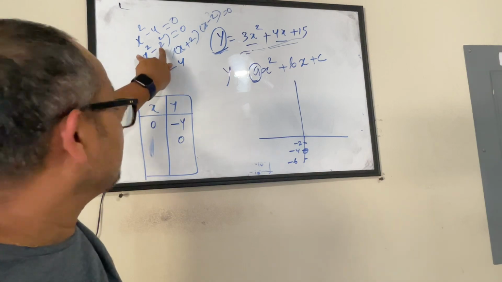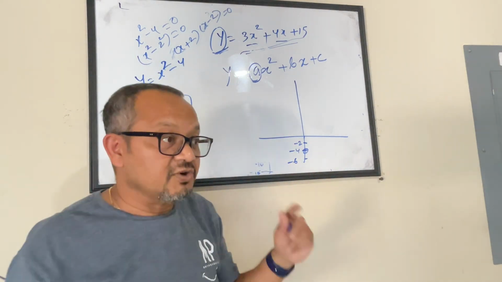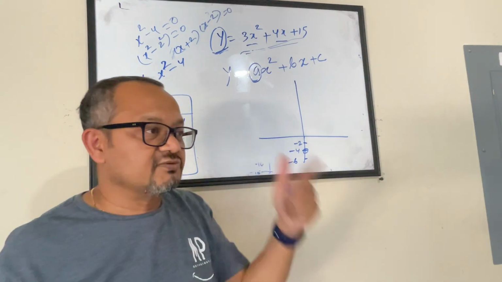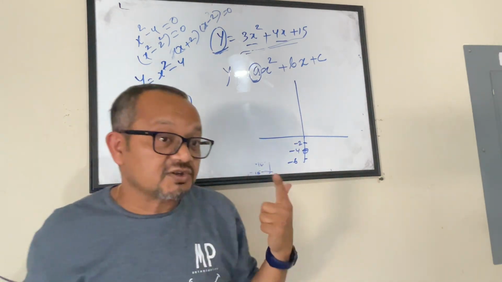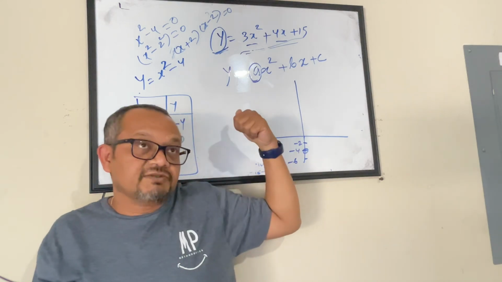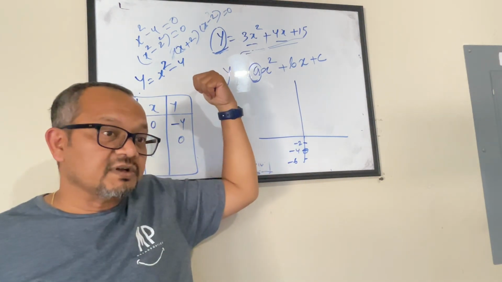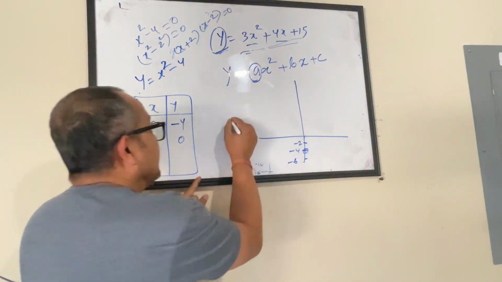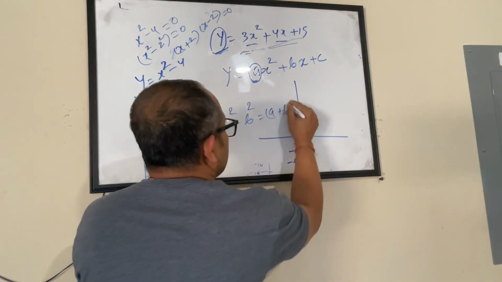A squared minus b squared equals (a plus b) into (a minus b). Like the three generic formulas that we know. A plus b whole square equals a squared plus 2ab plus b squared. A minus b whole square is a squared minus 2ab plus b squared. And a squared minus b squared is (a plus b) into (a minus b). So we are seeing the third form of the generic formula.